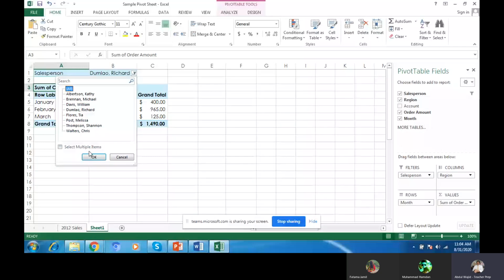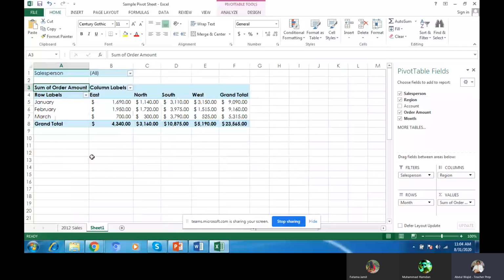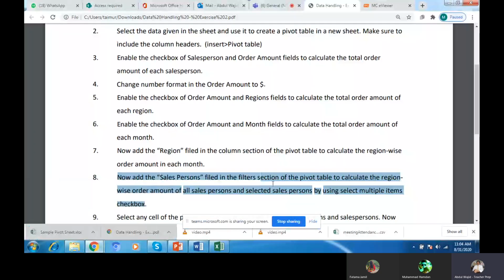Okay, now we will go there again and read the instruction. Filter on the pivot table to calculate the region wise order amount of all the salespersons and selected salespersons by using the select multiple items checkbox.